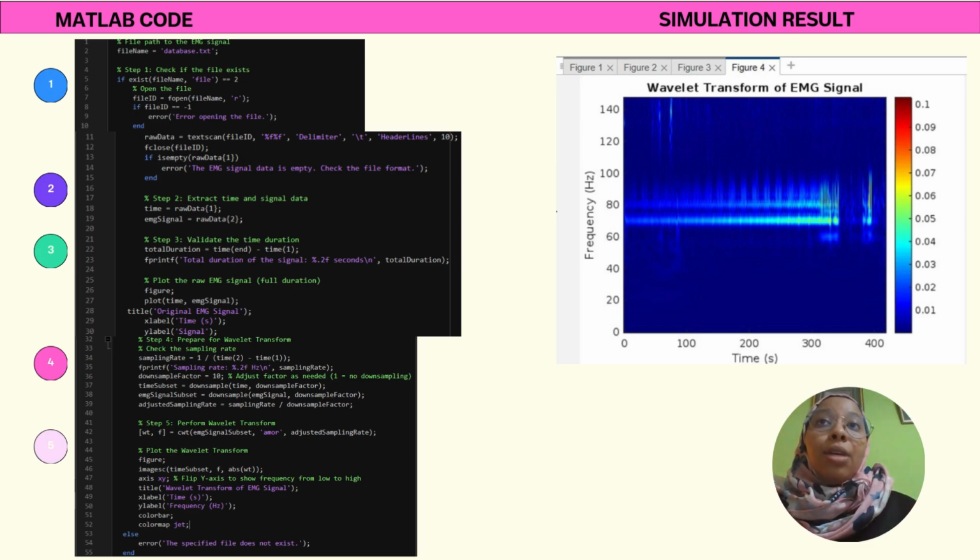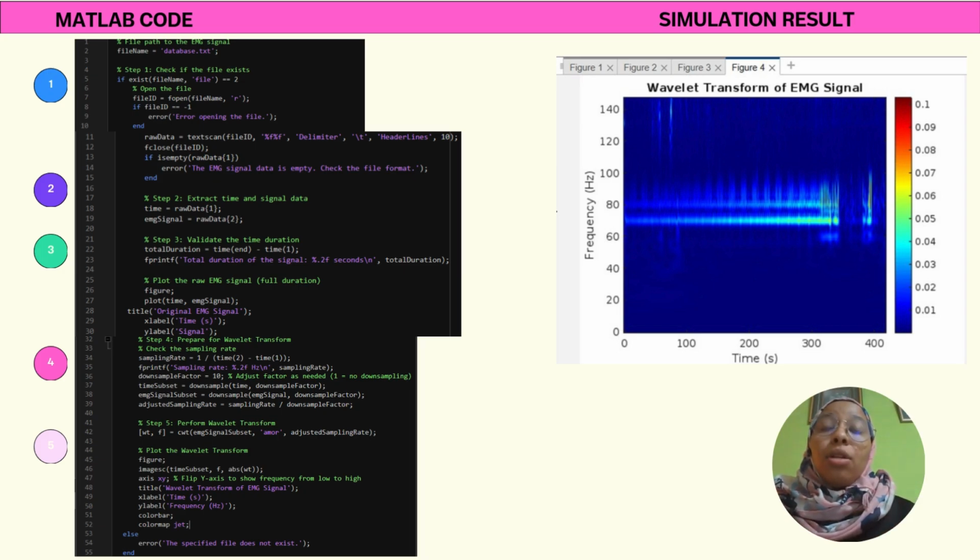And then lastly, we have step 5, which is the visualization. Basically, it's about the raw EMG signal plot and also the transform's colorgram plot. This fifth step makes sure that we plot the signal by putting the x-axis as the time and the y-axis as the amplitude, and the same for the wavelet: the x-axis, the y-axis, and the color map. The purpose of the code is to finally give us the raw EMG signal plot and also the wavelet transform waveform. So this is it